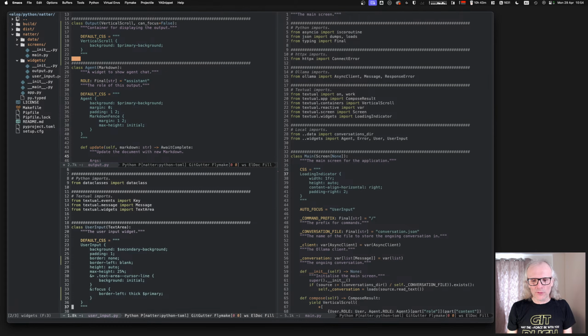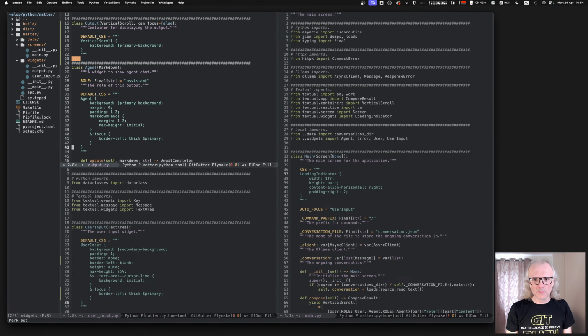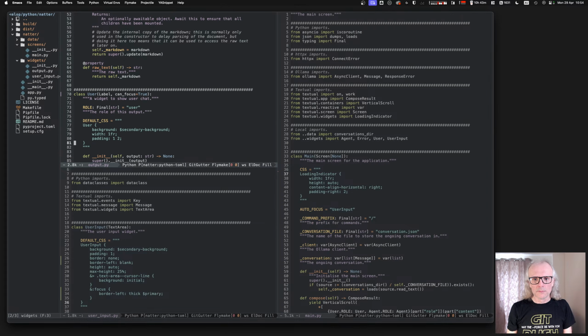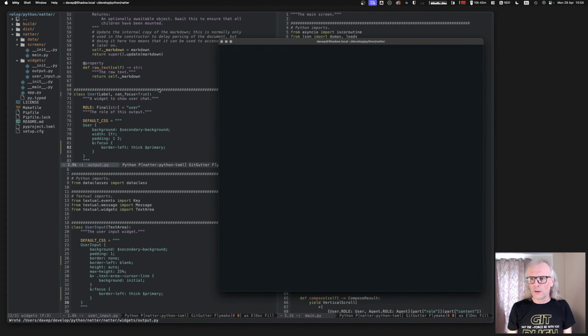I want to... I'm actually going to make this focusable as well. I'm going to go in and do that now. Right, it's probably going to look like garbage.